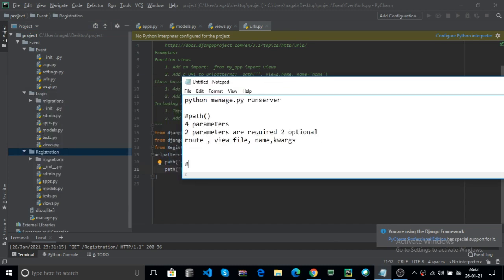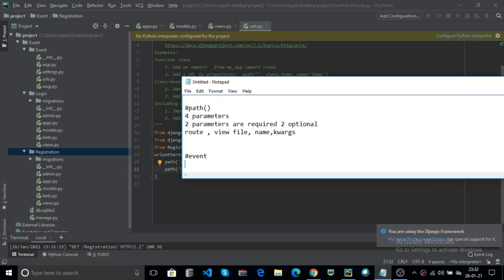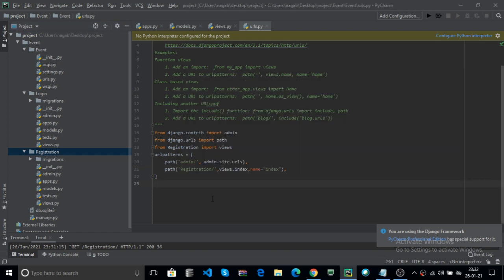In our event project we are using login as one app and registration as one app. Now you have a lot of apps, and every page contains a number of paths, like registration is one path, login, logout, orders, events, based on your website.